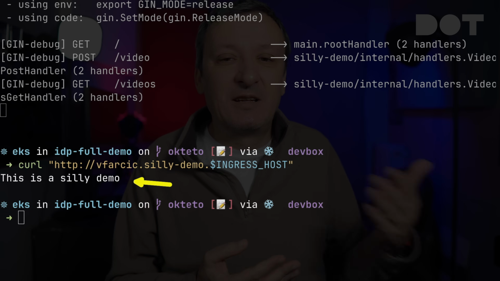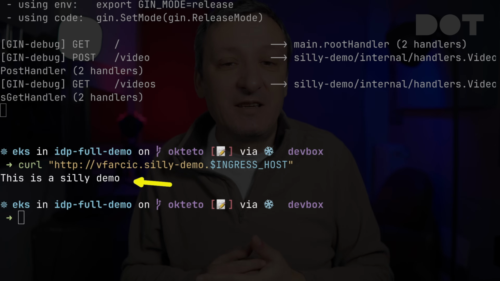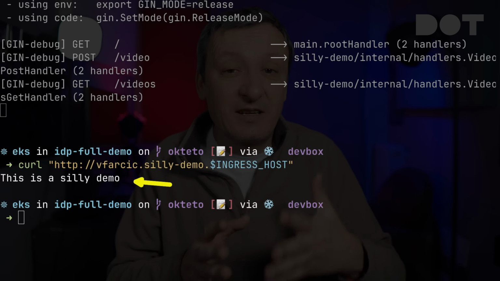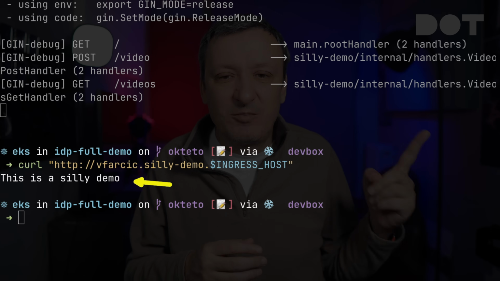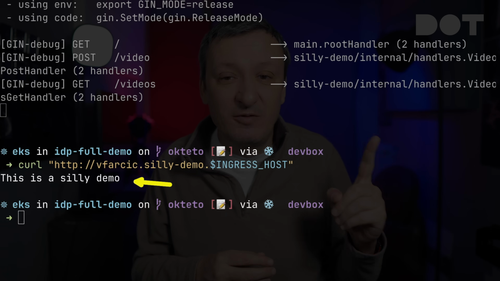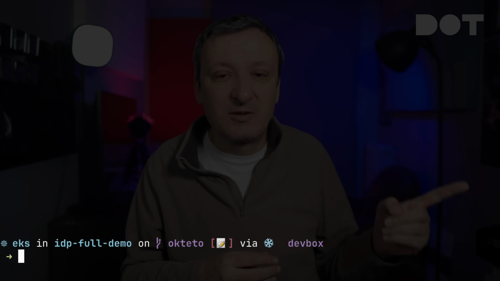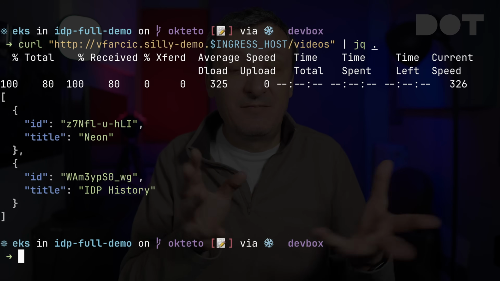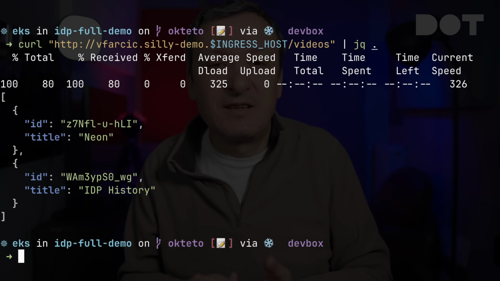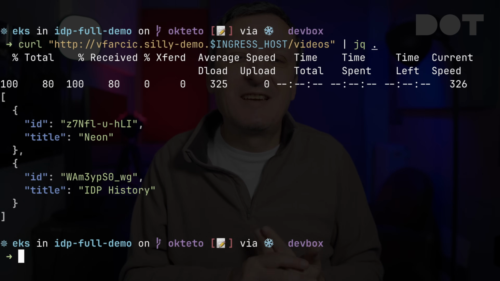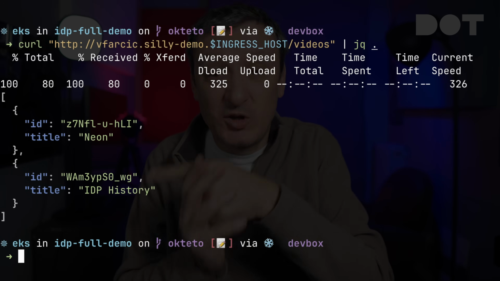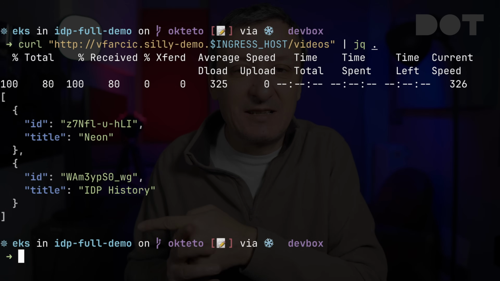Both of them can work independently from each other, both have an easy setup, and both are seeing the results of the work in a production-like development environment. The last part is important. It's very important, and we can prove it by, for example, sending a request to the app to retrieve data from the database. We can see from the output that this particular instance of the app not only contains the current version of the code on Victor's laptop, but also that it is connected to everything else in the cluster,